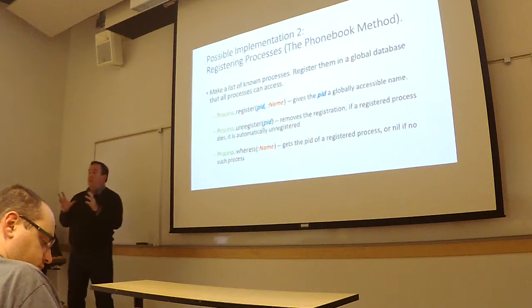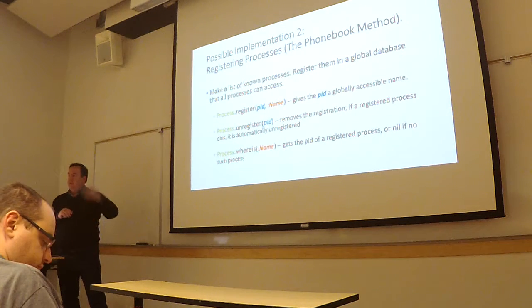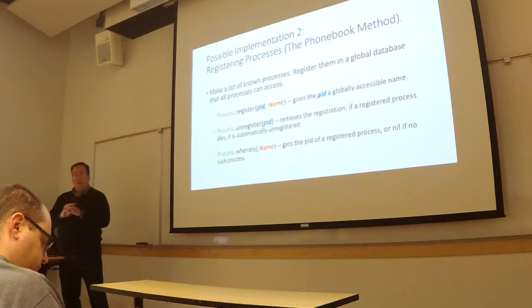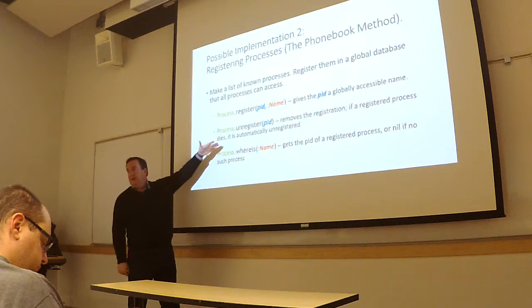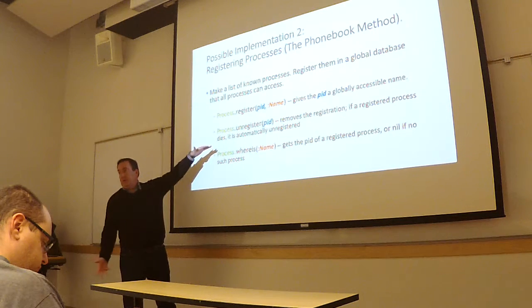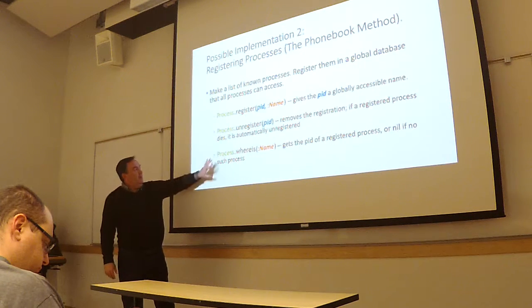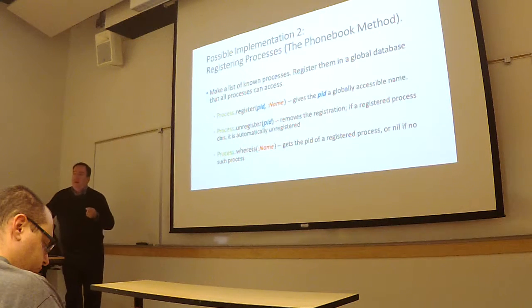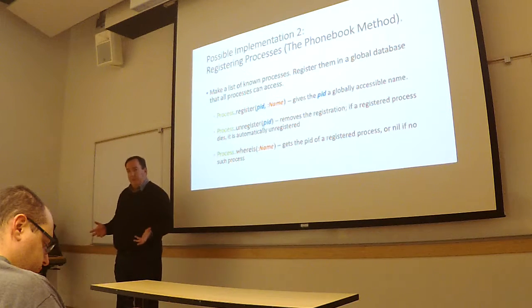Okay? The name won't change, even though the process ID might change as that process crashes and comes back multiple times. So when we first start up, we say, hey, this process with this name is at this process ID. So we can register it, and of course, as things die off, intentionally just terminate, they've done their work, we can now unregister them as well. The key thing is now, anyone who wants to communicate with a particular process can use process.whereis to actually get the process ID for something.